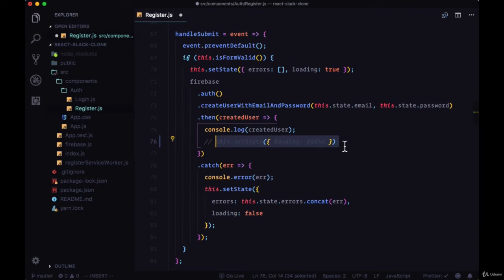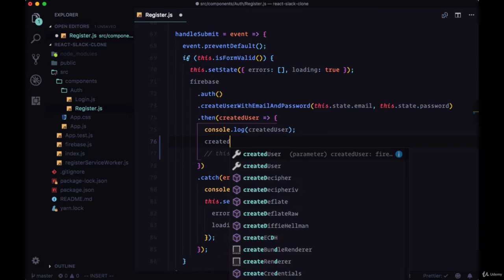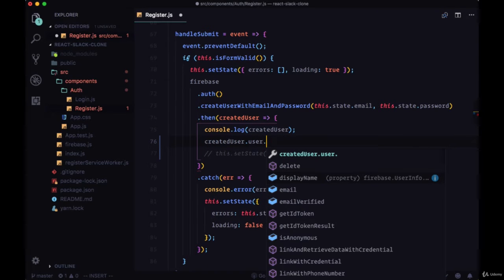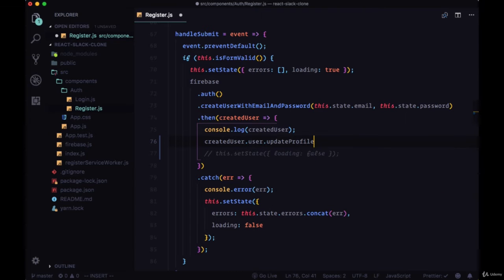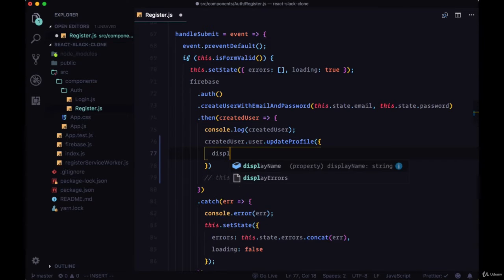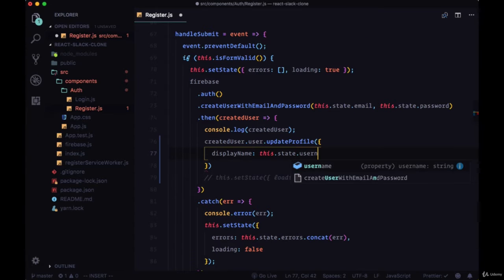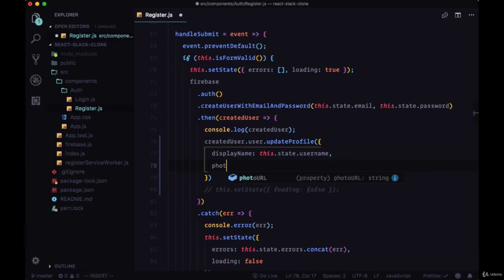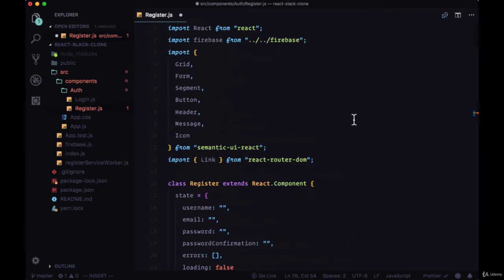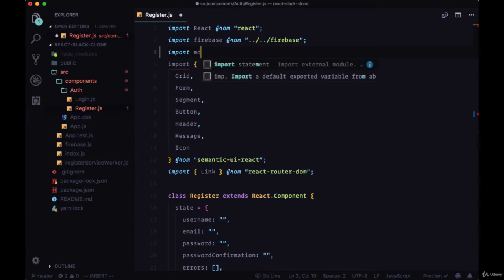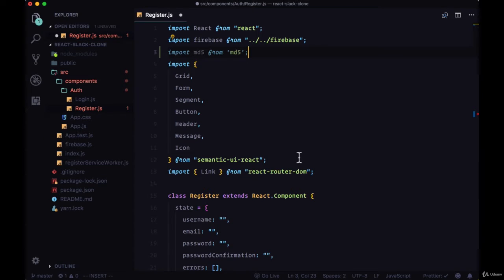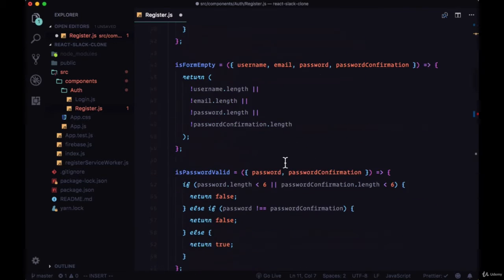So back in the then statement where we're registering our user, we'll comment out set state and take the created user object, and on the user property we have this update profile method which we'll use to give display name the value of the username input and pass a URL to photo URL where we'll get an avatar from gravatar.com/avatar, and then we will import a function called MD5 from the package MD5. Now MD5 is usually used to hash messages. We'll be using it to create a unique value to provide to the